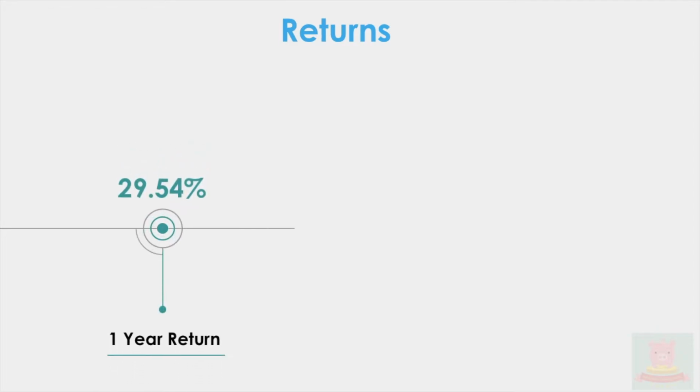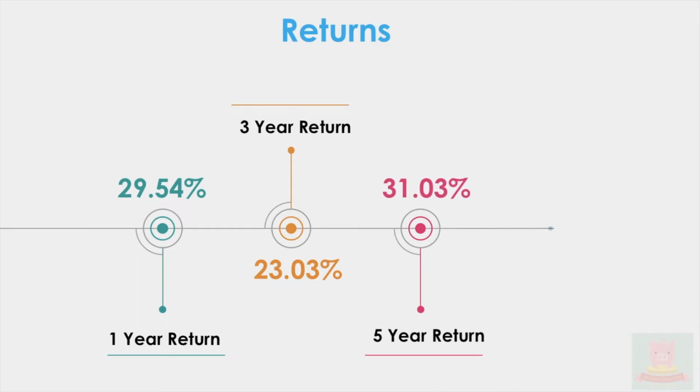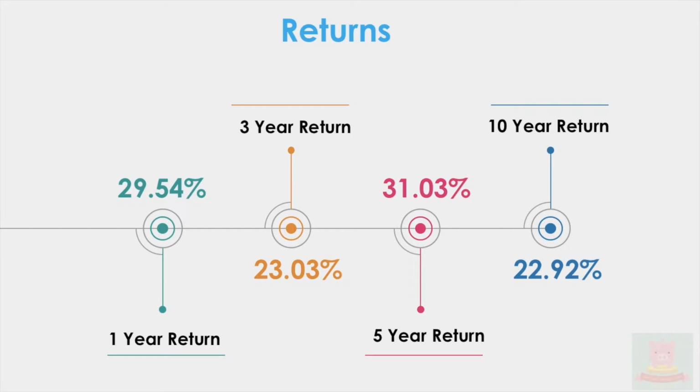So let's look into the returns given by this particular bank when we buy the stock of this bank. For 1 year, it has given us a return of 29.54%, and for 3 years, it has given 23.03%. If we hold the stock for 5 years, we will get a return of 31.03%, and if we hold it for 10 years we will be getting a return of